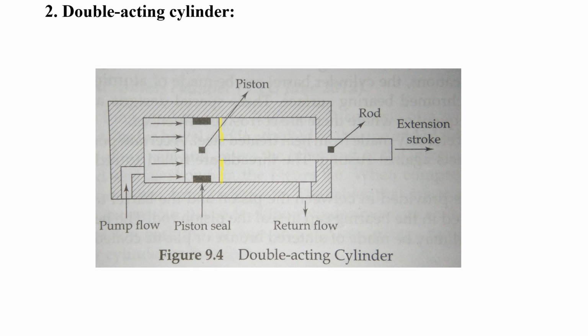Here we have two ports, one at the piston end and one at the rod end. When you require a forward stroke, you supply air pressure to the piston end, so that the air pressure pushes the piston, and the piston moves against the load. The rod is used to push the load or lift the load. In the same way, if you want to retract, you cut off the supply from the piston end and supply pressurized air to the rod end, so that it pushes the piston back. This is the working principle of the double acting cylinder.